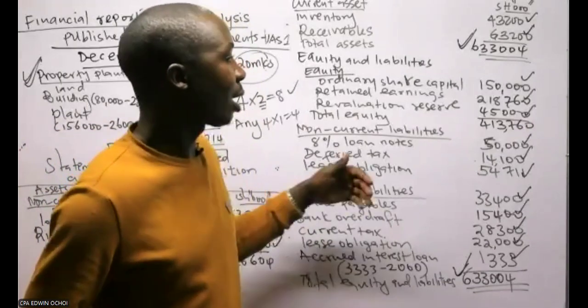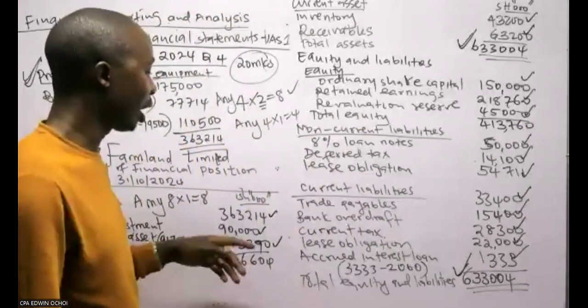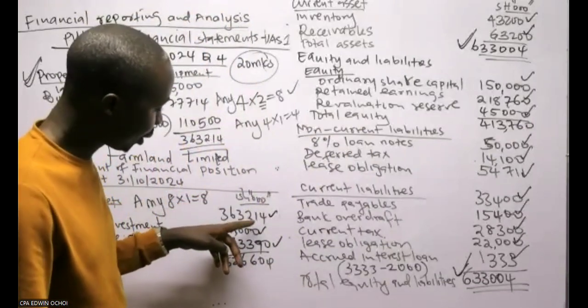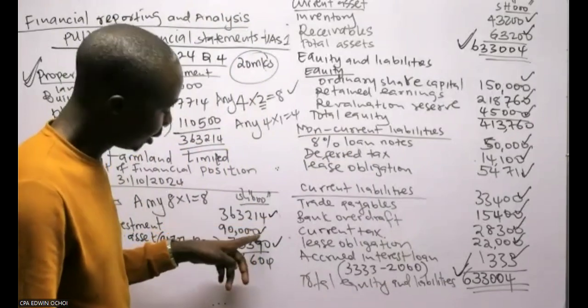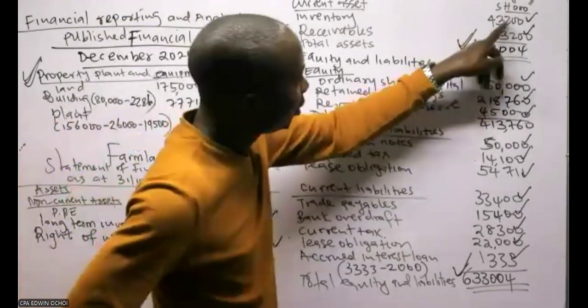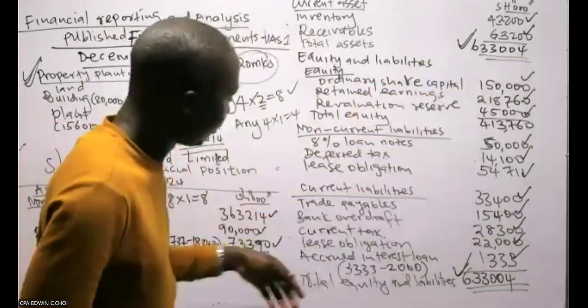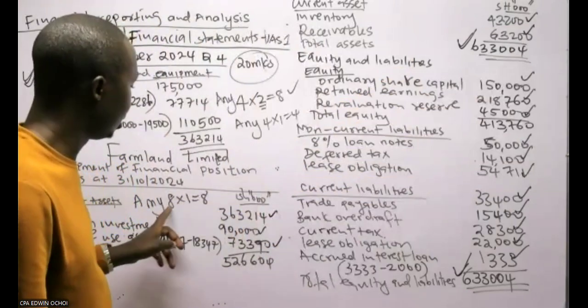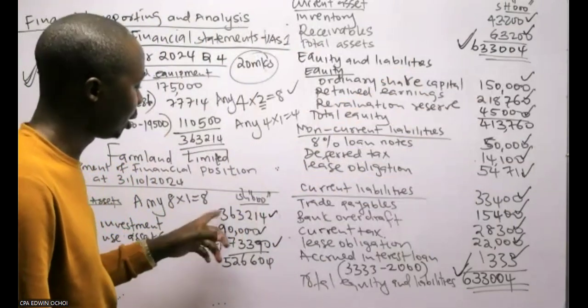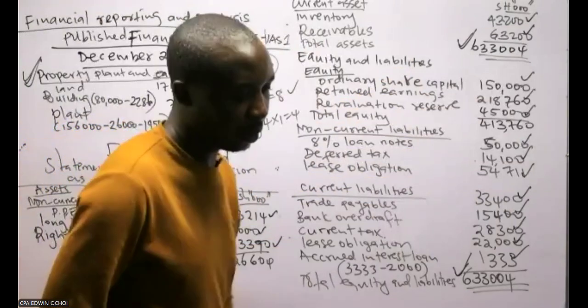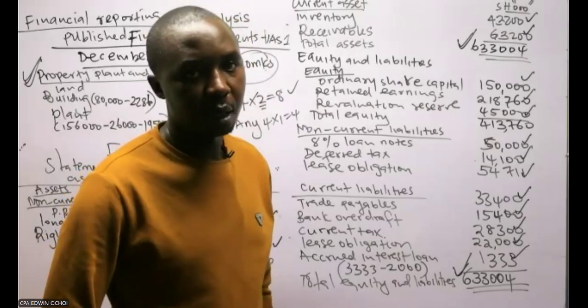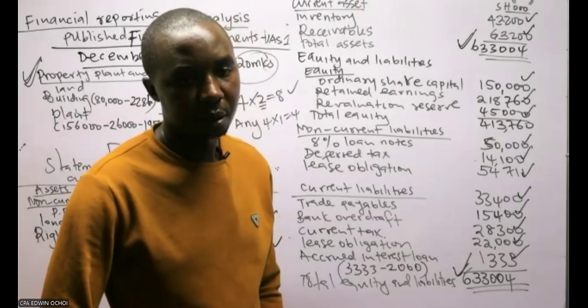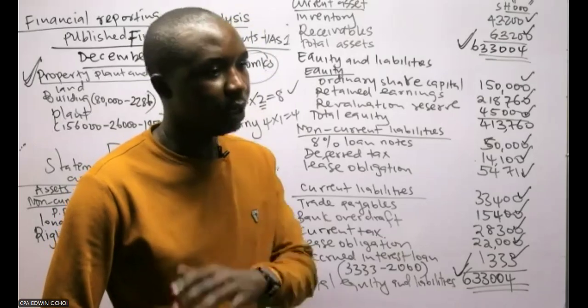Me, if I'm marking your statement of financial position, I come here and see, I look at property, plant, and equipment. Is this one correct? Is this correct? Is this? So I check. Out of the 16, do you have any 8 correct? I multiply by 1, you get 8. Your workings is your workings. Workings in a file are never marked. They don't earn you any mark.